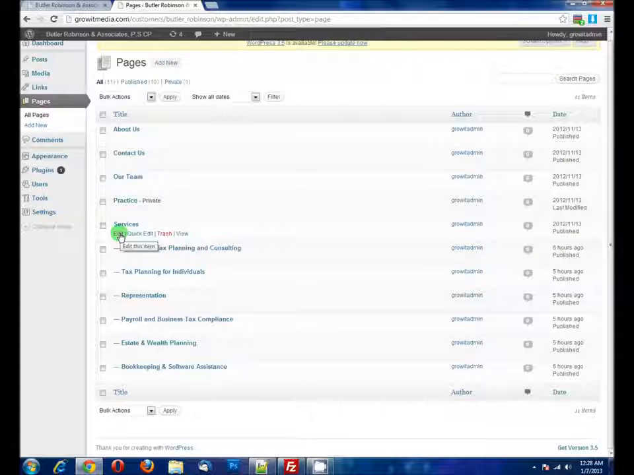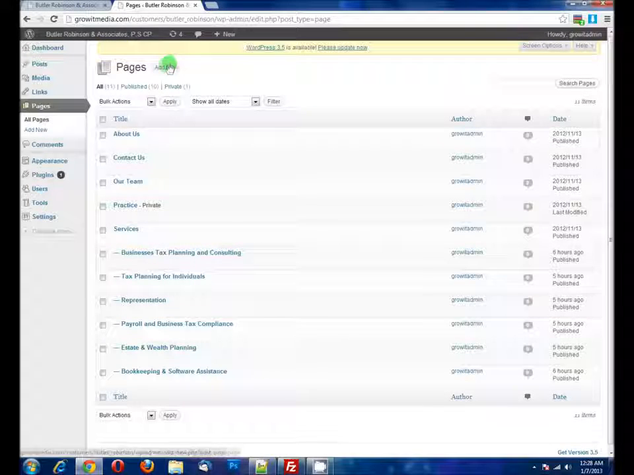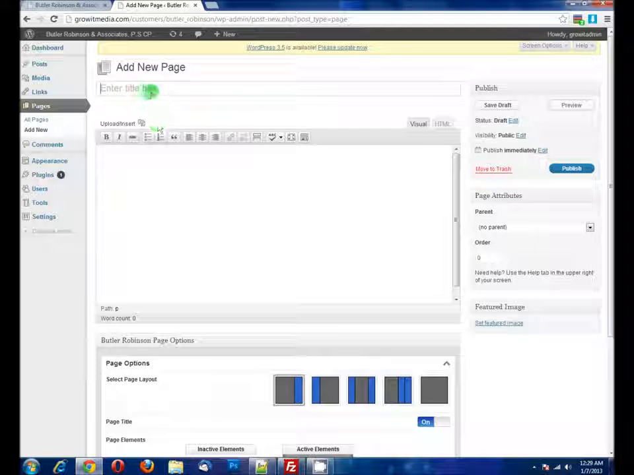For instance, we won't edit any pages, we will create a new page, and this will be basically the same dialogue as editing a page. At the top you've got the add new button. Click that. This is where the title of the page goes. This is where the content of the page goes, and you can use this editor here to change